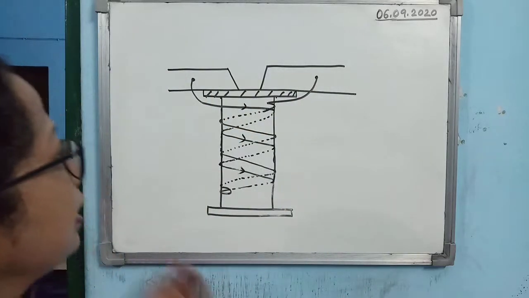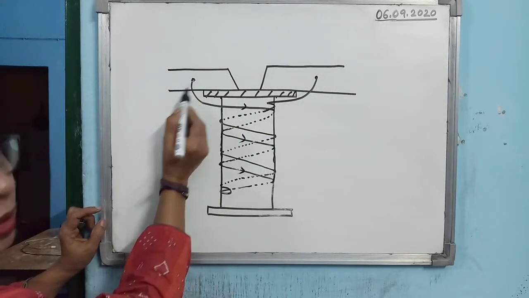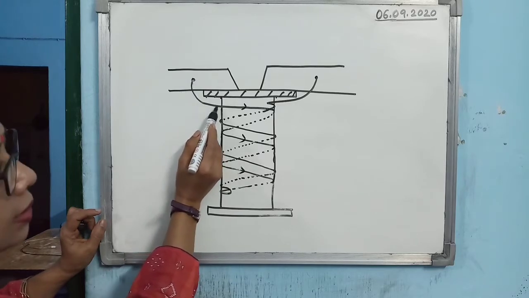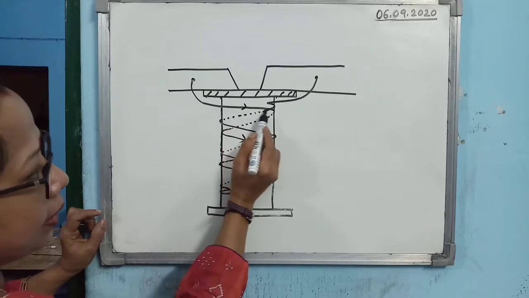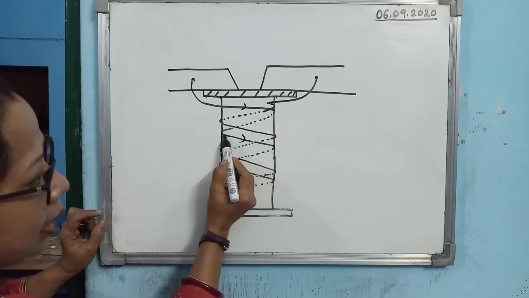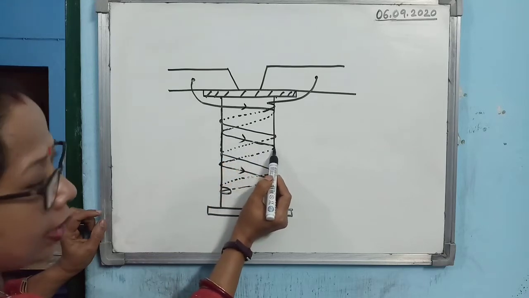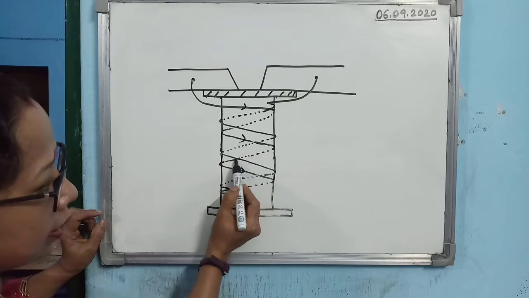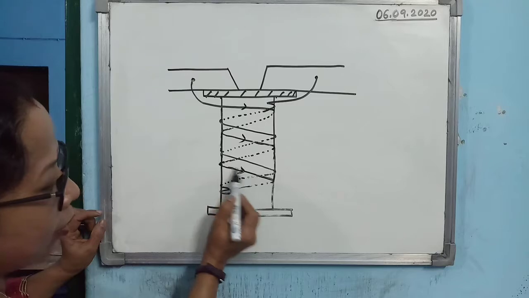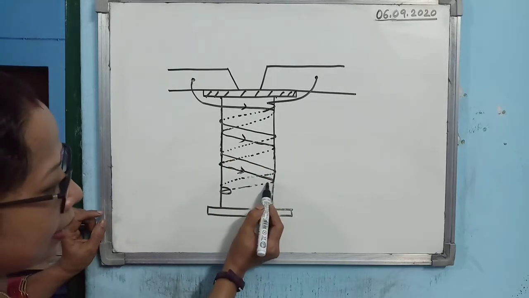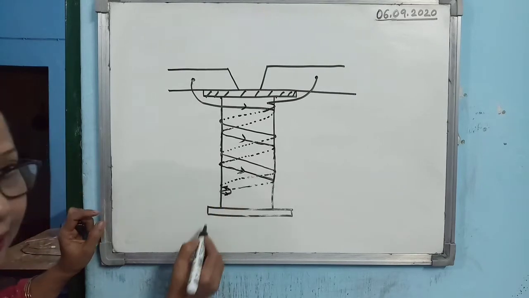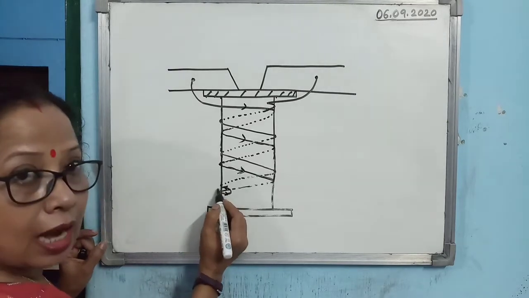So understand it. Suppose this is the first binding screw. From this point the coil is getting inside, then it is coming from it, then it is going back, follow the pen, going back, so dotted line, then coming above, again going back, so dotted line, because the back portion we cannot see, then it is coming like this. The arrow is giving the direction of the current through it, then again it is going back, then you see what is done, here a U-turn is taken, and then it is wound in the opposite manner.